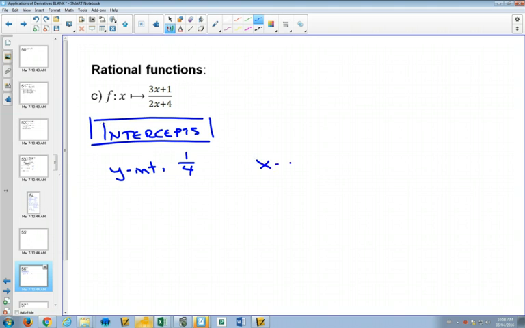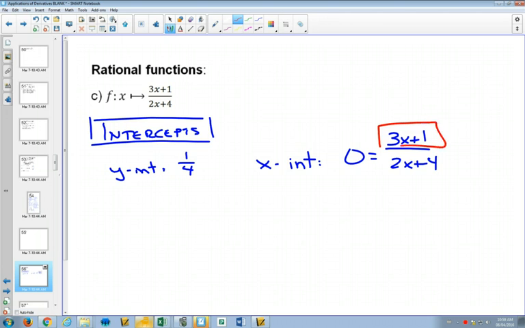Our x-intercept is when we make y equal to 0. So now if we make y equal to 0, and we have 3x plus 1 over 2x plus 4, whenever you have a fraction equal to 0, the only way that fraction is equal to 0 is if the numerator is equal to 0. Now, the mathematical reason for that is if you wanted to get rid of the fraction,